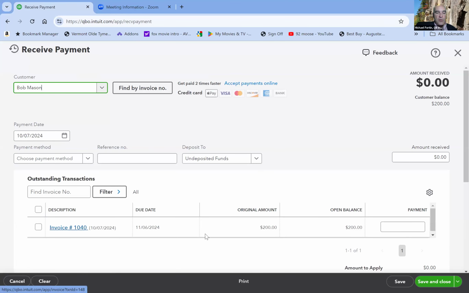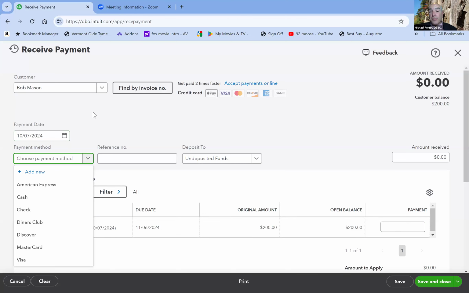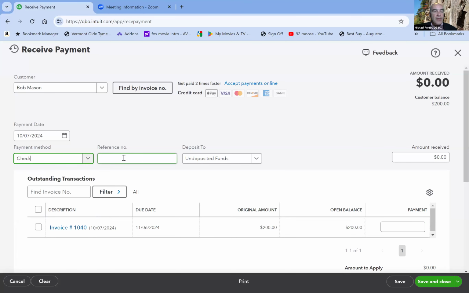You can see I have this $200 invoice down here. And I now can record the method of payment. Let's say Bob Mason mailed me a check and I received the check in the mail. Say, okay, here's my check. Now I know your question is a little different because you're doing electronic banking. But anyway, I received the check in the mail, check number 1234. I check off the fact that I've got this money